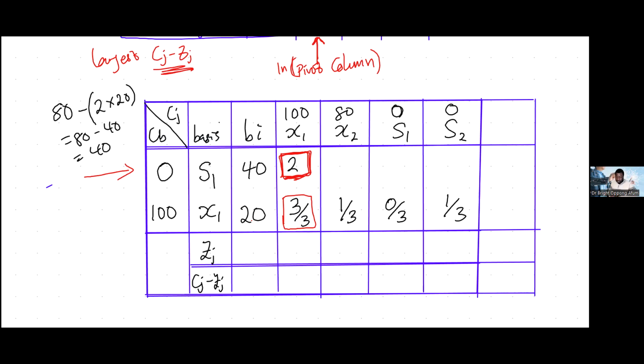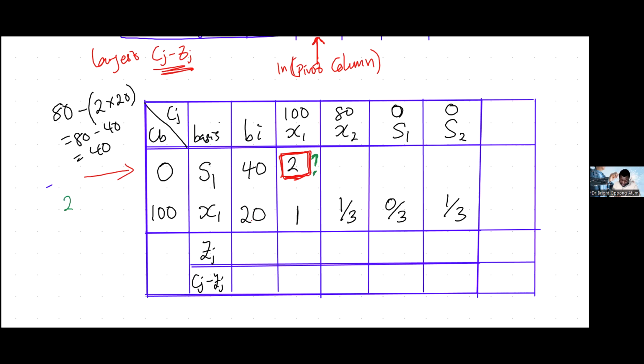All right. Now the number itself, this number 3 divided by 3 is actually 1, right? So let's replace it with our 1. So the new number here, let me use green. The new number here, that must replace the 2, is again the old number, which is 2, which was